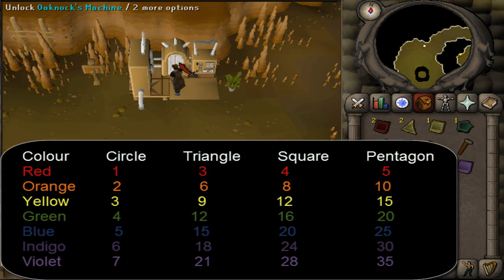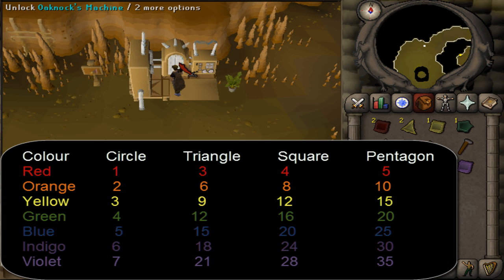The value of the crystals is the value of the color multiplied by the number of the sides. I will put the color values in a note in the video and in the video's description. The color values are: red is 1, orange 2, yellow 3, green 4, blue 5, indigo 6, and violet 7. Now multiply these color values by the number of sides that it has, and that is the value of the